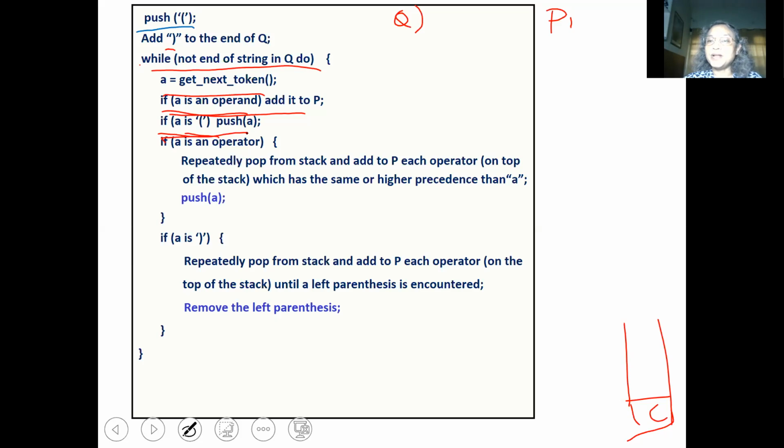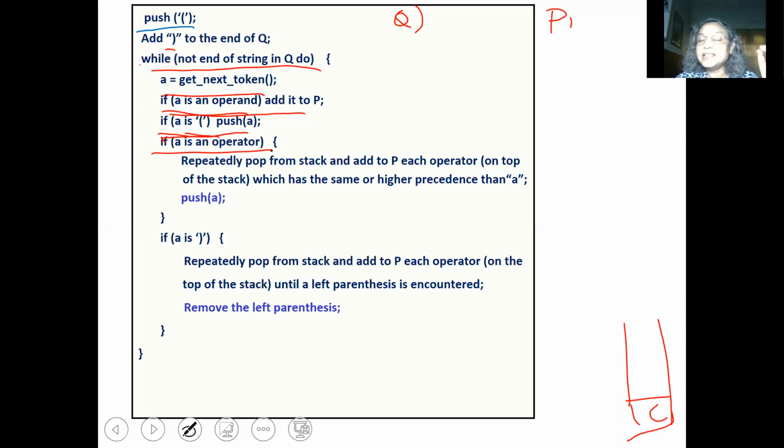If A is an operator, then we will repeatedly pop from the stack and add to P each operator on the top of the stack which has the same or higher precedence than A. That is, suppose A is plus. If A is plus, we will look at the top of the stack. If there are operators on the top of the stack, we will pop the operators which have higher precedence than plus.